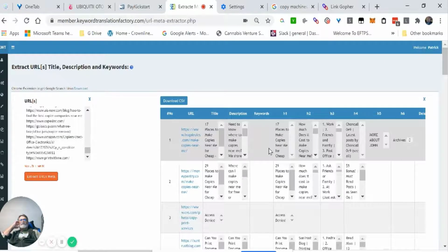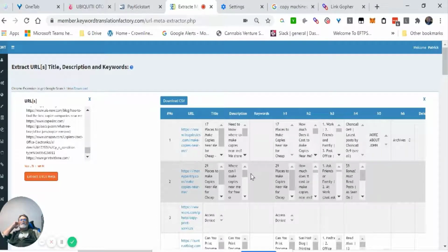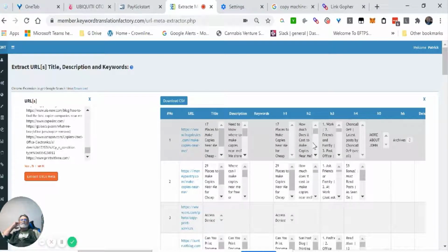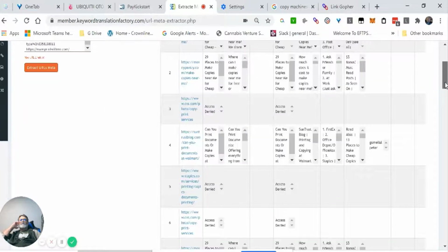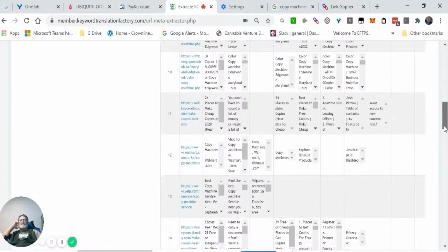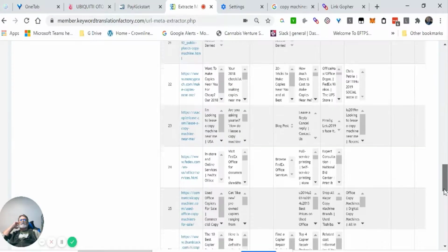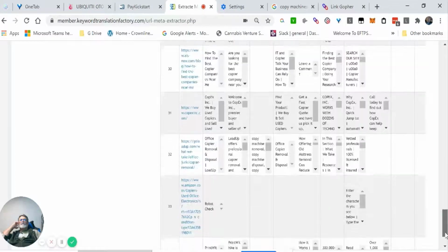So if you're trying to put together a site and you want this data immediately, you can download it as a CSV file and segment all of this information, so that you can literally create your data for your metadata and your tags, your H1, H2s, and so forth. And you can take all of the ones that you see here that have data, put them into a CSV file, curate that CSV file for your own site, and pretty much know that you have everything that you need. And with all the keyword variations for tags on your YouTube videos,